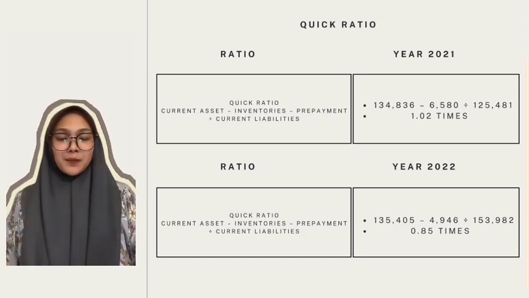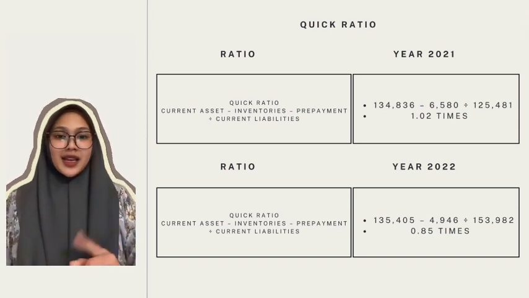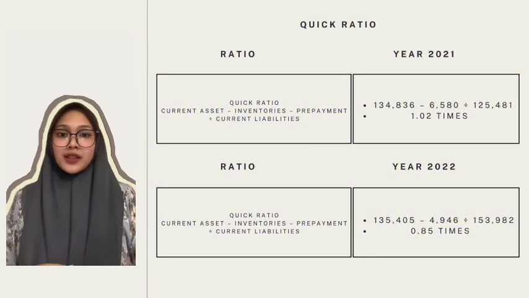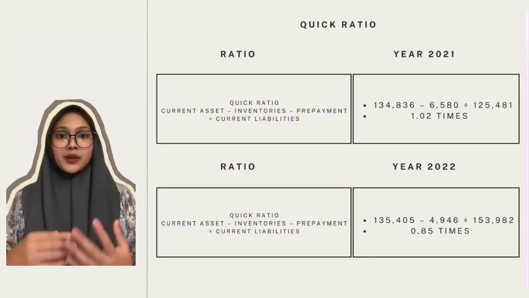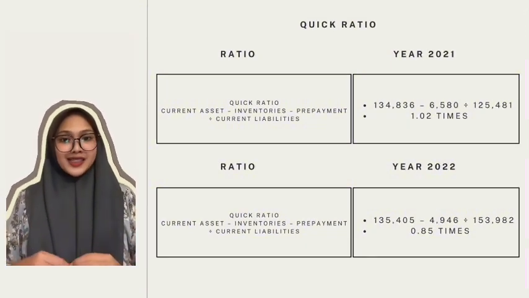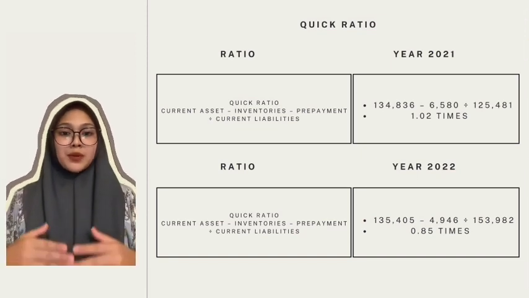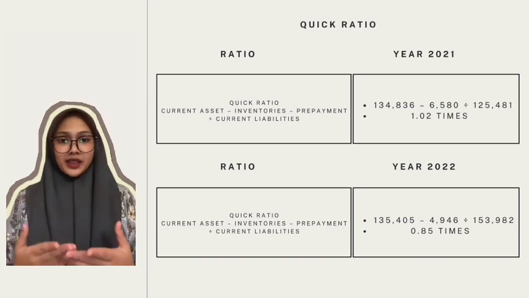Moreover, we can see Apple's quick ratio in 2021 is also greater than 1. It means Apple appears to be in a good position to cover its current liabilities because its liquid assets are higher. Hence, a higher quick ratio signals that a company is more liquid and can generate cash quickly.